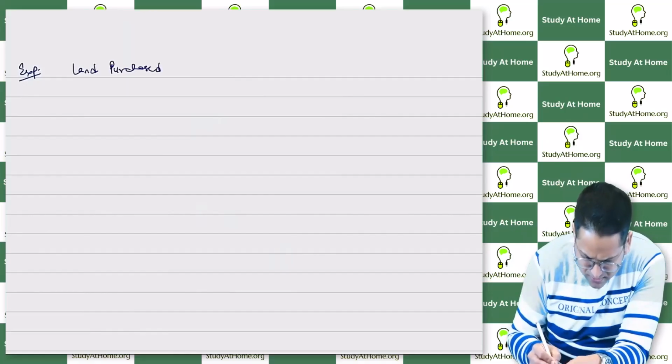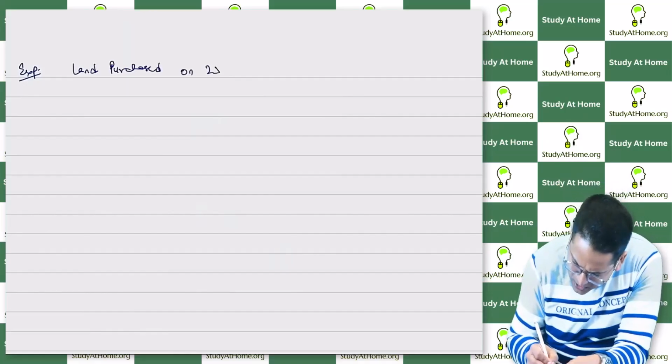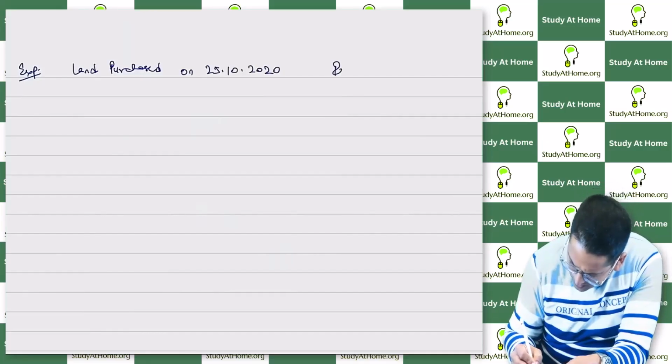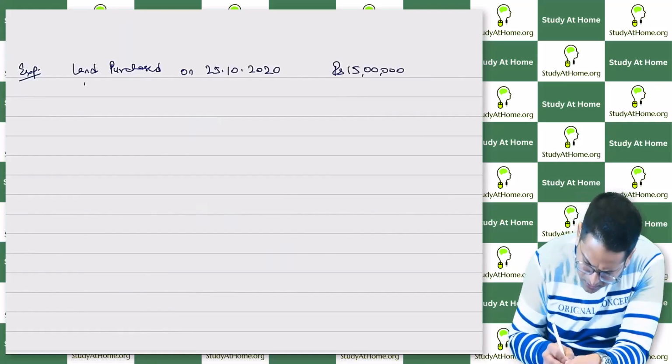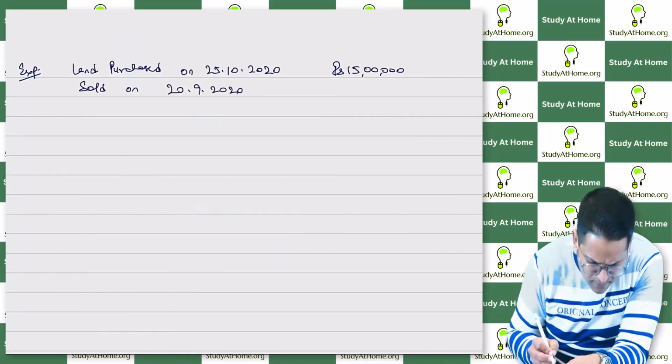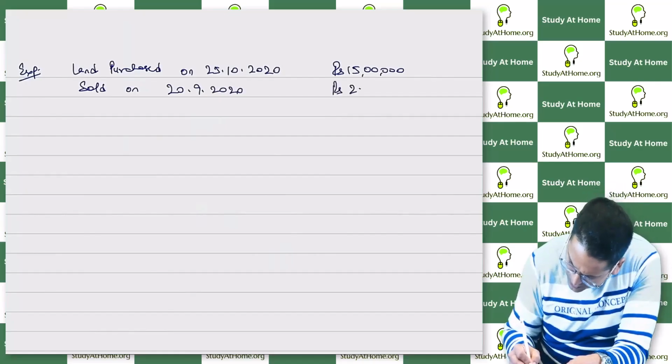Land purchased on 25/10/2020, 15 lakh rupees. Sold on 29/2020, 25 lakh rupees.